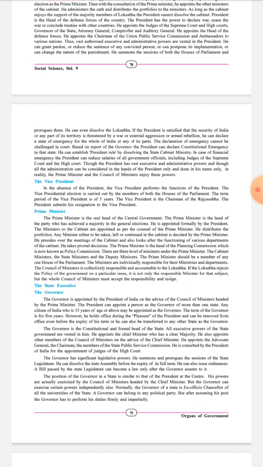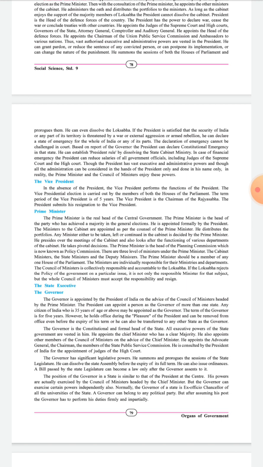See, in the case of any financial emergency, the president can reduce the salaries of all government officials, including judges of the Supreme Court and the High Court also. And thus the president holds a very large authority of executive and administrative powers both. Though all the administration is considered to be in the hands of the president only, and is done in his name only, yet in reality the prime minister and the council of ministers enjoy these powers.